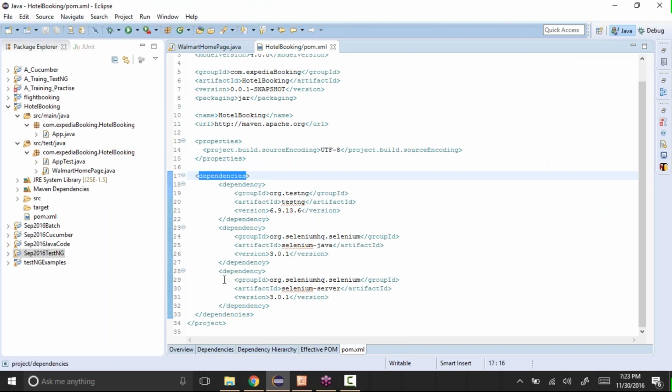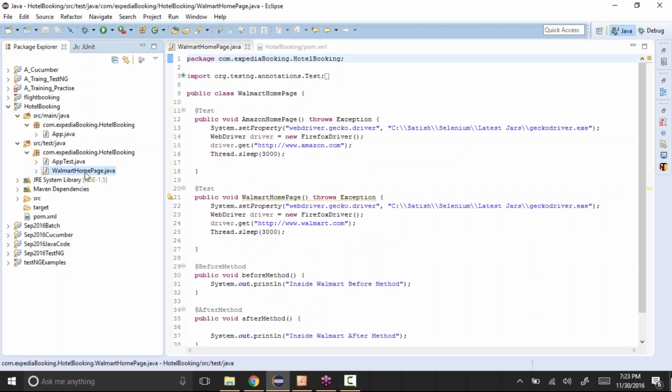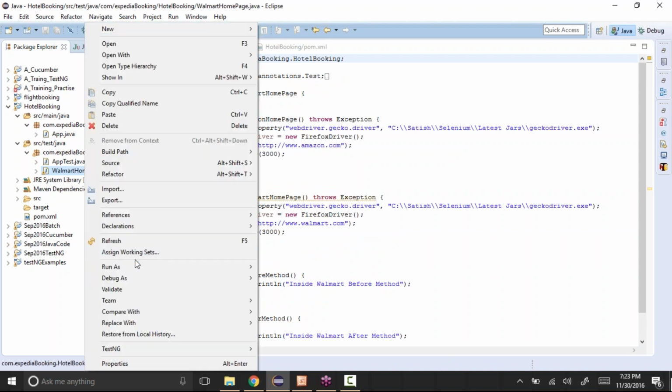See, dependencies, dependency, second dependency, and third dependency. So it is going to download and get all the jar files. Other than that, everything is the same. If I want to execute, I can just select this Walmart homepage.java, right click, and say run as TestNG test.